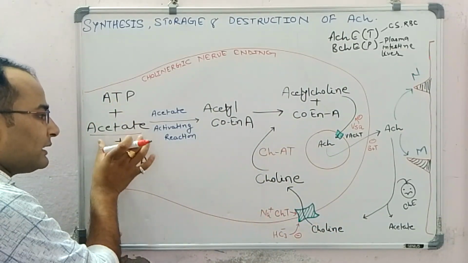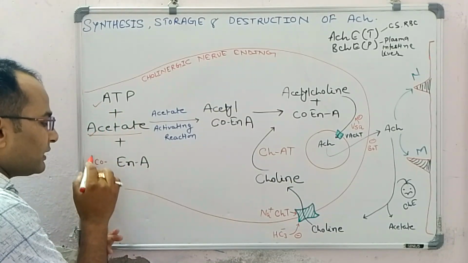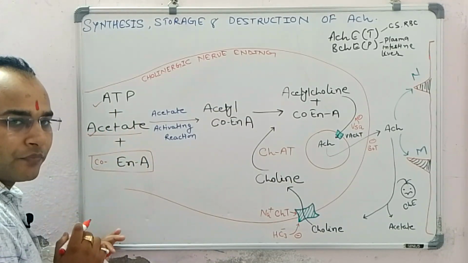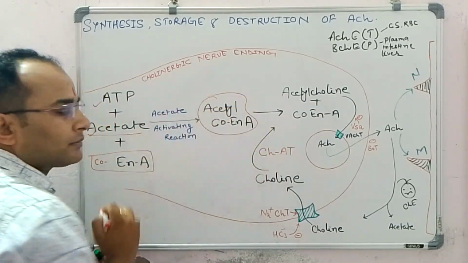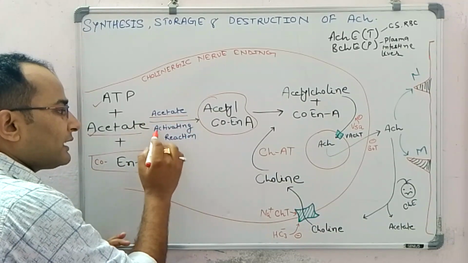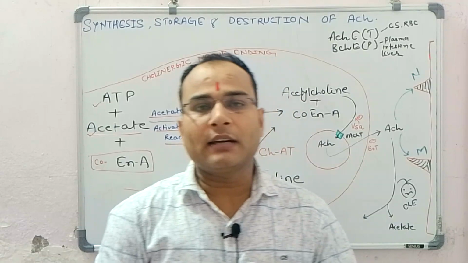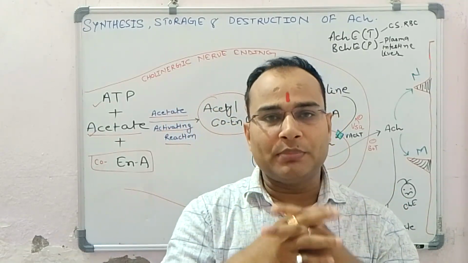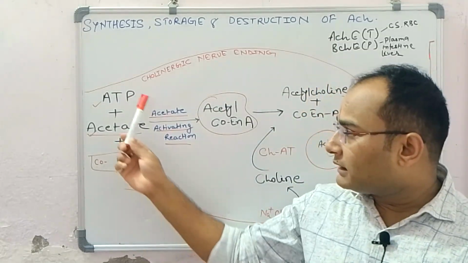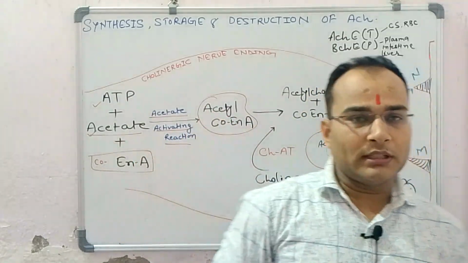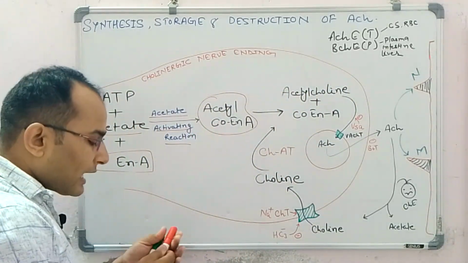In the acetate activating reaction, ATP and acetate in the presence of coenzyme A form acetyl coenzyme A. So there is a combining of ATP, acetate and coenzyme A, and they form acetyl coenzyme A, and acetyl coenzyme A, with the help of